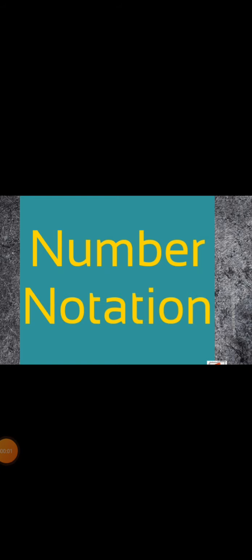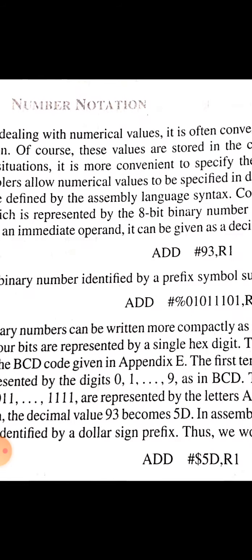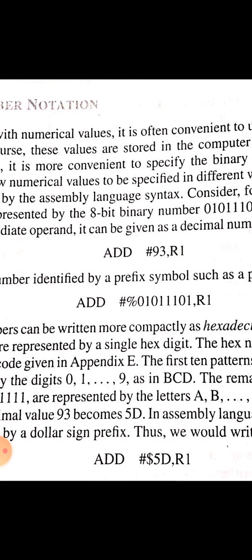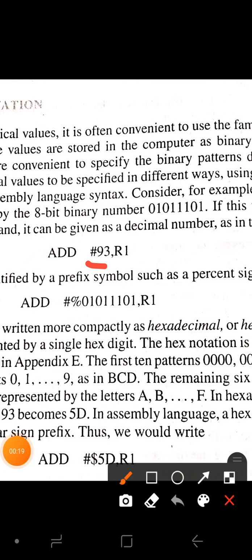Everyone, let's start this session by discussing the number notation. We know the computer can understand only zeros and ones. So based on the assembler we are using, the numerical values can be specified in different ways. For example, 93, if you are taking 93, it can be directly represented as a decimal value like this,